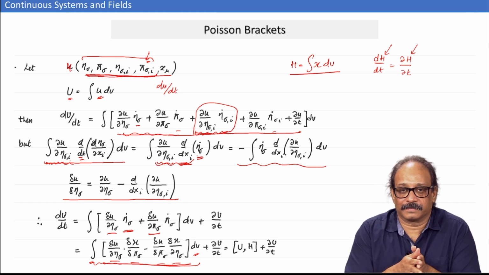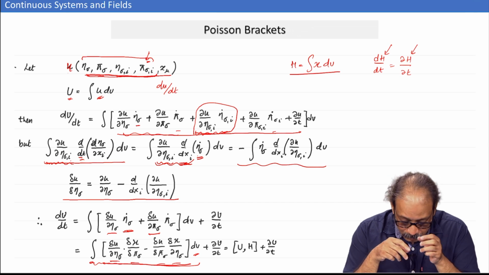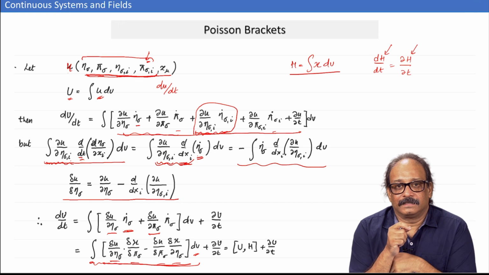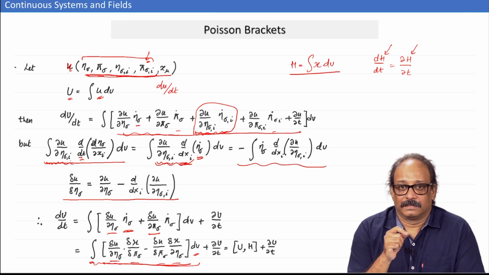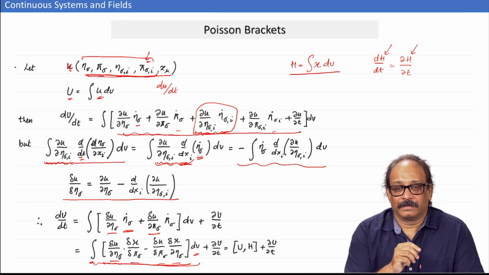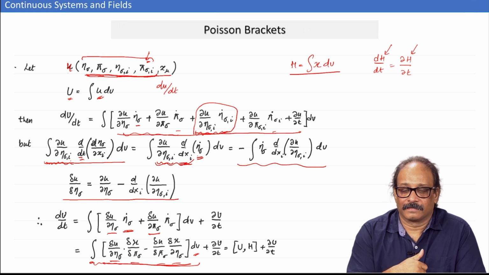This is the way you can actually write down the Hamiltonian formulation and Poisson bracket formulation for even the continuum systems. Now, what is not nice about this is the fact that it does not treat the space variables and the time variable on the same footing. And why is that important? Because remember, when we generalize these theories,